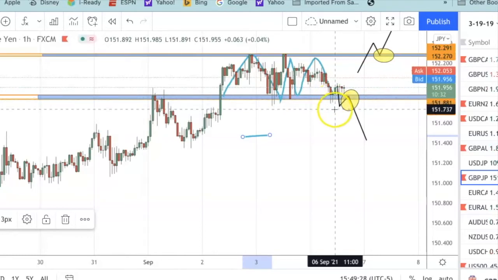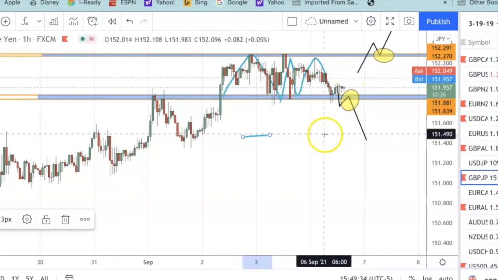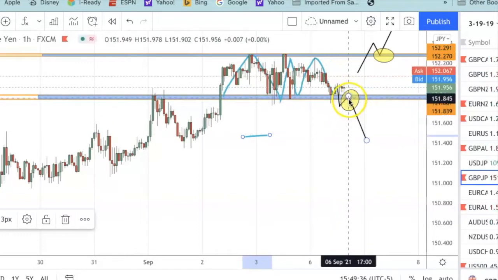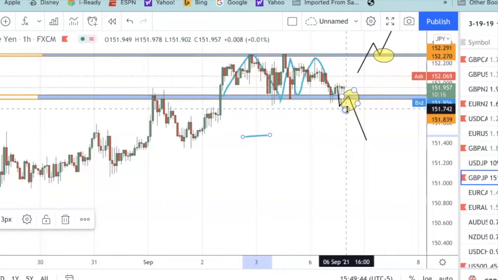So once it closes below here, I want it to come back and retest that zone. If that retest then occurs, that's an indicator for me. And once the next candle opens, continuing to the downside, that's an indicator for me to enter that trade. And that's what price action is, ladies and gentlemen.